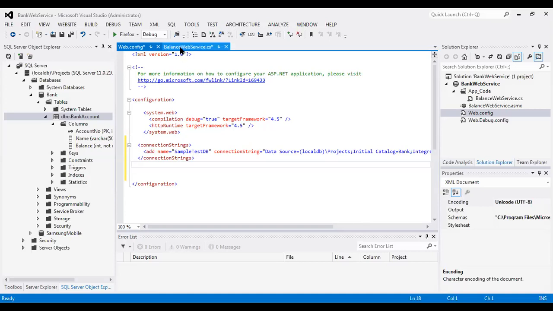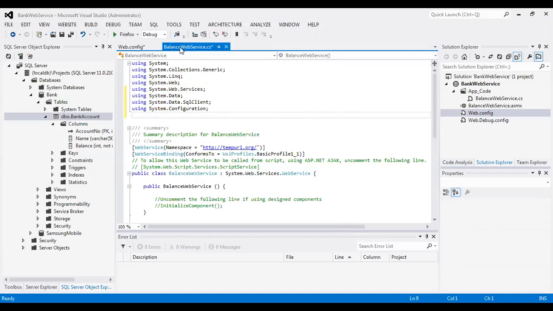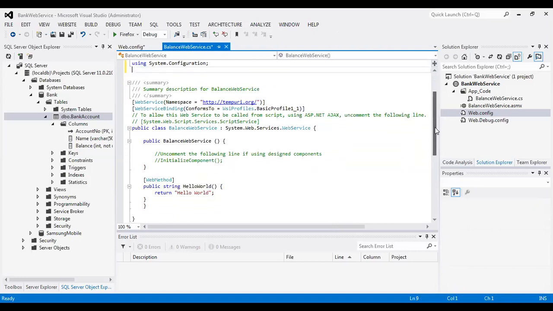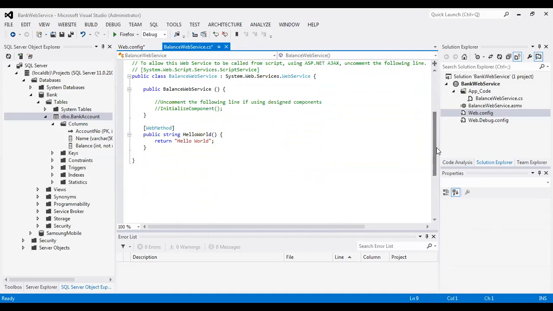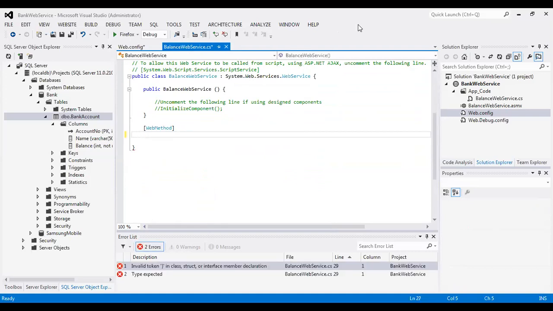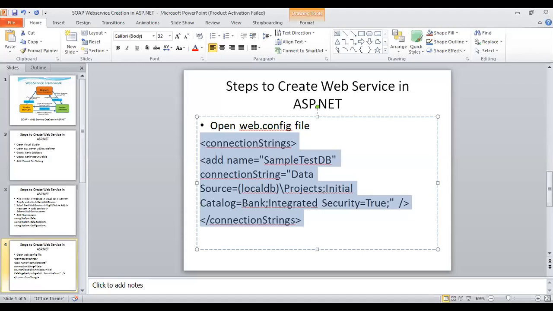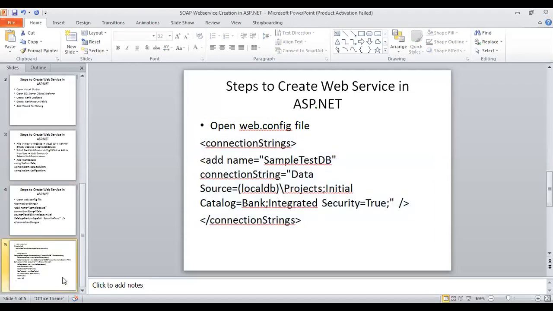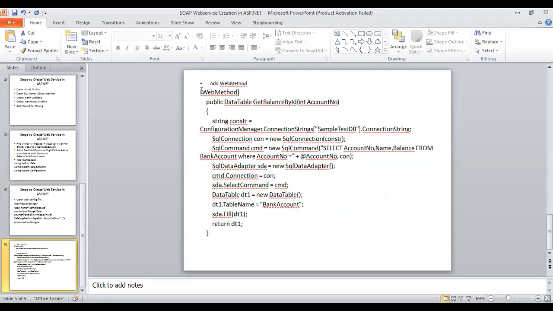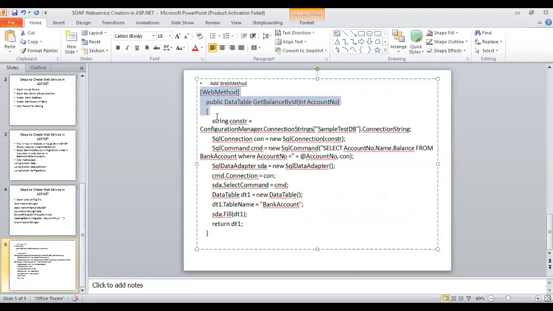just open the main file. So the database connectivity is already over. Then writing the web method. So I am showing you how to write the web method. Let us open our PowerPoint presentation. I am explaining this code to you, what this code represents.